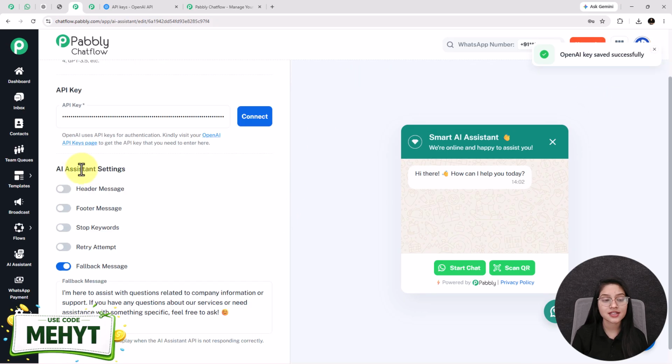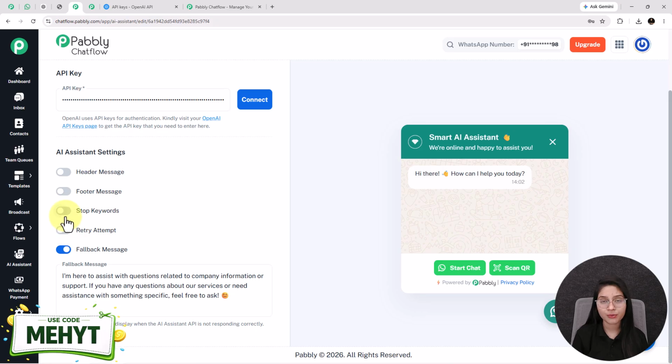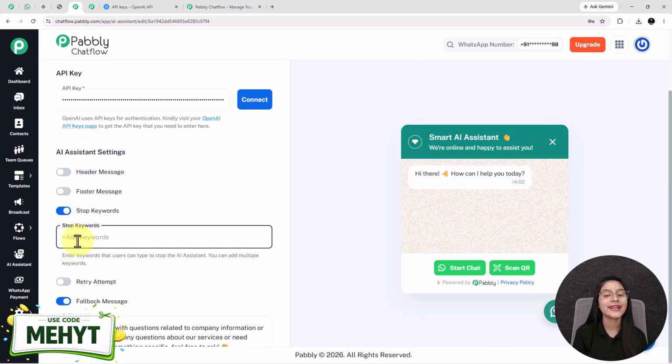Next is the AI assistant settings with multiple options. You can customize it completely based on your own requirements. If you want to add any header or footer, then you can enable this toggle and enter it. And if you want to add any stop keywords, then you can enable this toggle and enter the word in